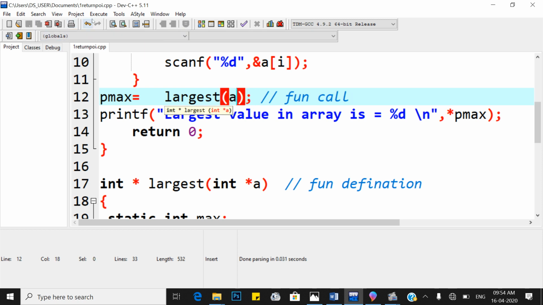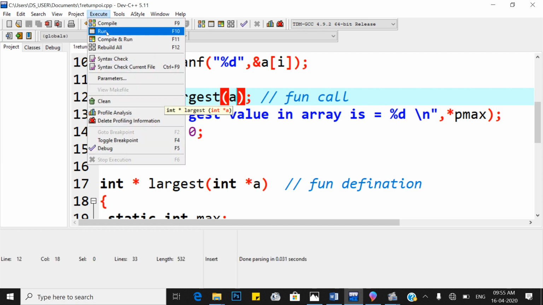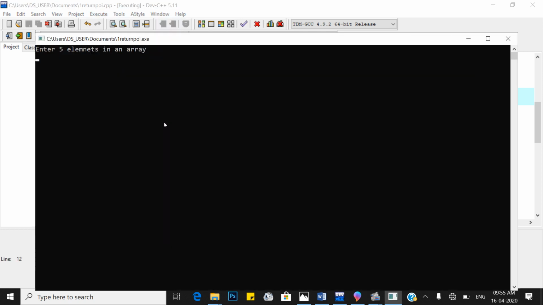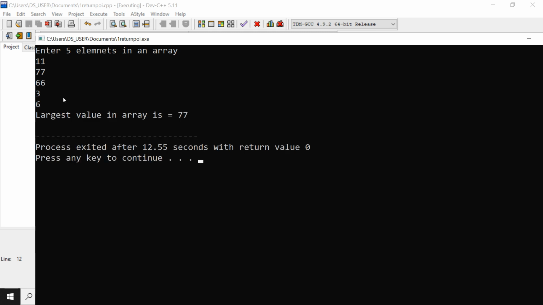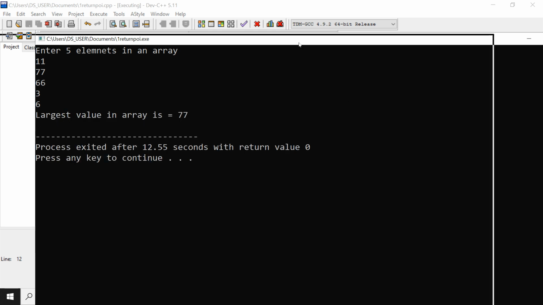Let's check whether it works. Compile, there is no error, and then run it. You can assign any values, suppose 3 and 4, 6. Which one is the max now? 77 is max. It gives the correct value: the largest value in the array is 77.